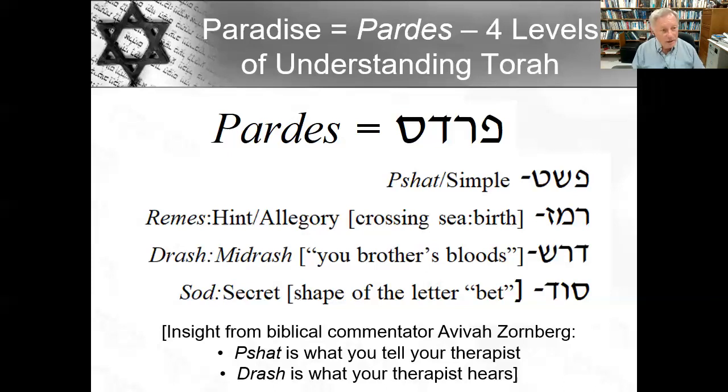And the rabbis ask, why is it in the plural? Because what was crying out to God was not only Abel's blood, but the blood of all the children that will never be born to Abel. And this leads to an interpretation in the Talmud that when you murder one person, it's as if you destroyed an entire world. And when you save one life, it's as though you saved an entire world.